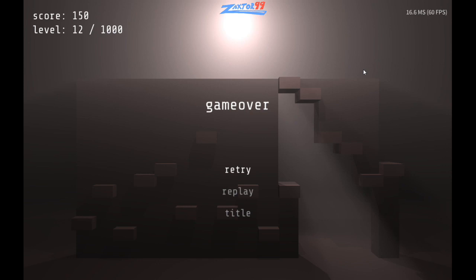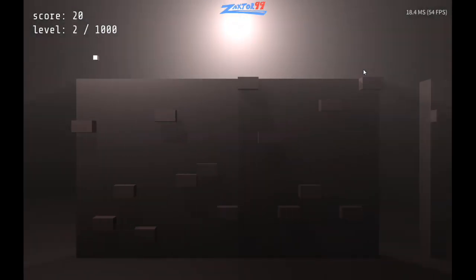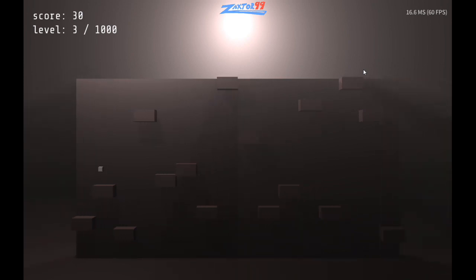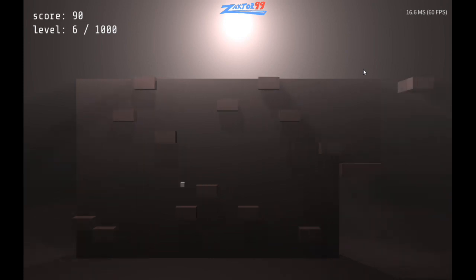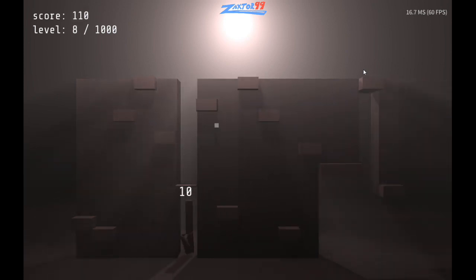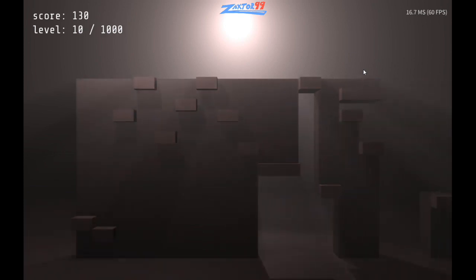Next criteria, guys, is fun. It's worth 30 points. This is going to be the more subjective part of my scoring, and this is probably going to be where this game is going to score best with me. But 40 out of 30 points, guys, I think this game is pretty fucking fun, and I think the originality definitely helps it because I haven't exactly played a game like this. It can be frustrating when you go to a platform like I just did and you don't really have anywhere to jump, but it means that I really wasn't planning ahead as well either, and it kind of has that addictive quality where I want to try it again and be like, all right, let's take a different path this next time.